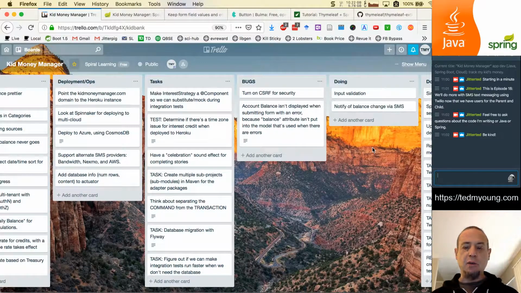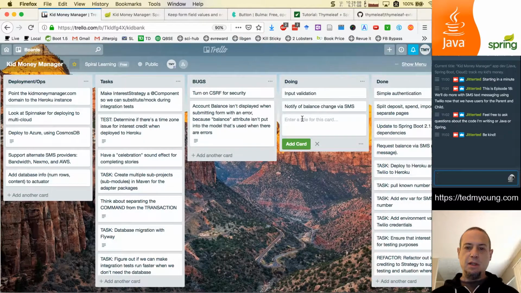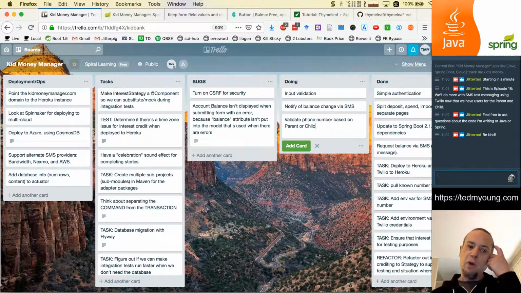But the checking of the balance, I want to be able to be done according to not a hard-coded number that I have in the configuration, but from a phone number that is associated with either the parent or the child. I think I want to do the notify a balance change first because that's a new sort of big chunk of thing, and then validate phone number based on parent or child number. And this will become important because